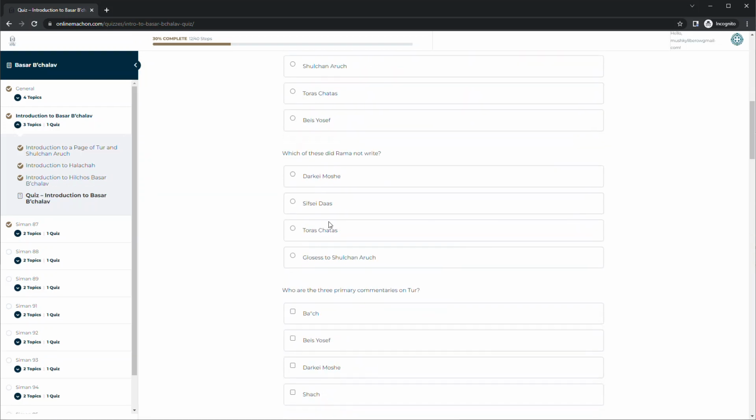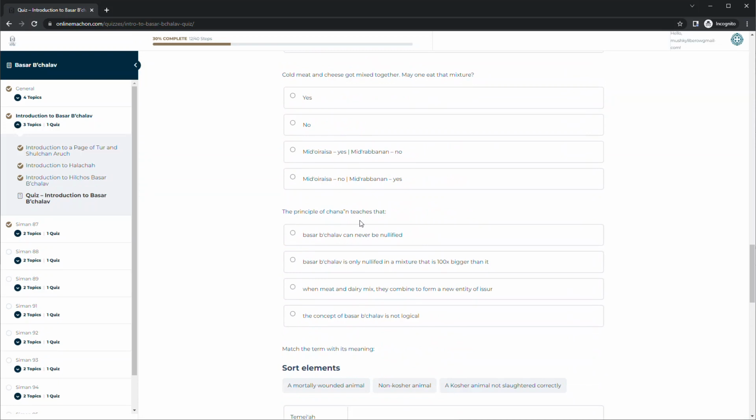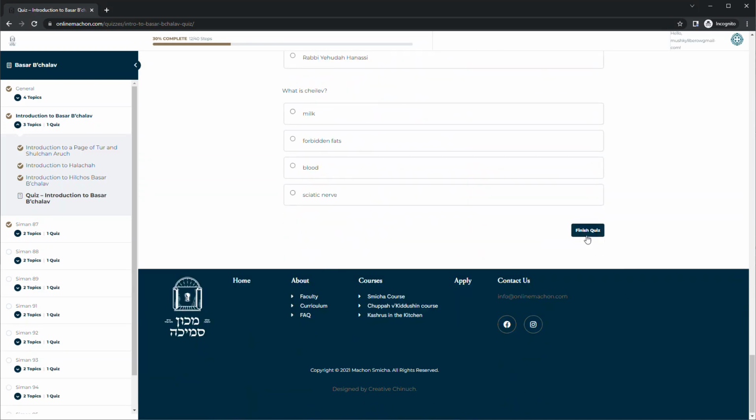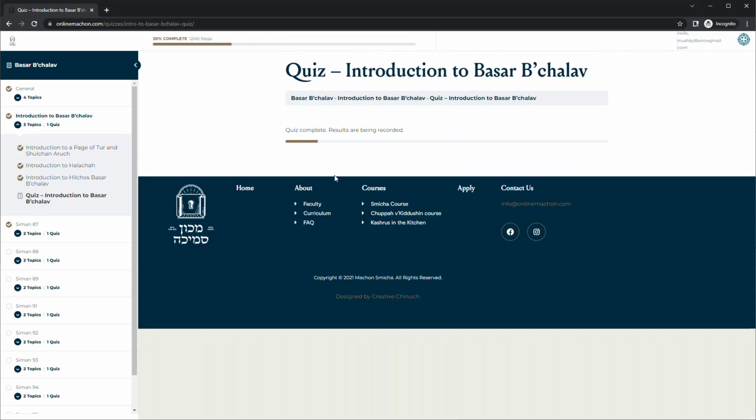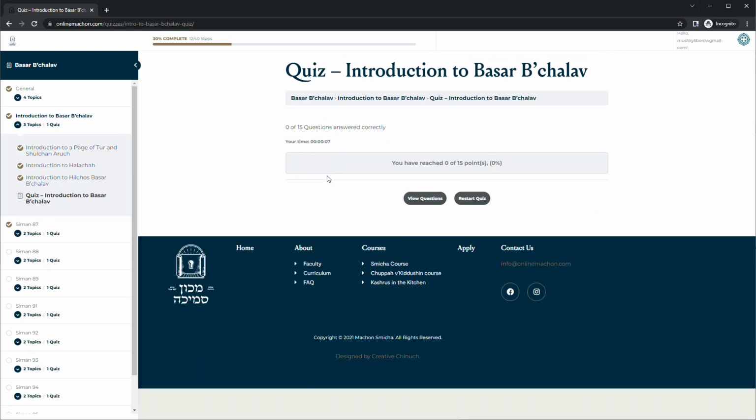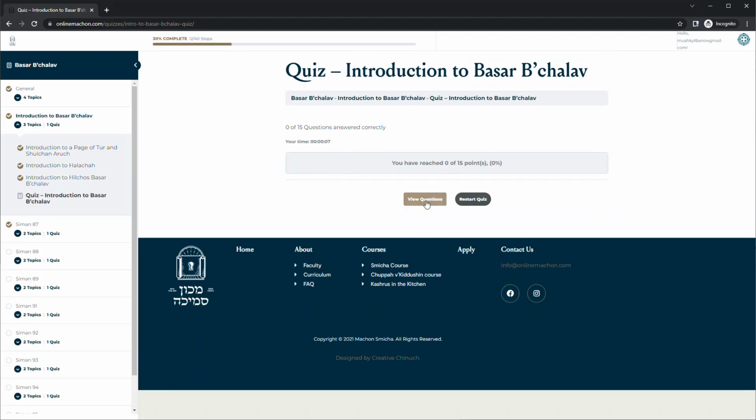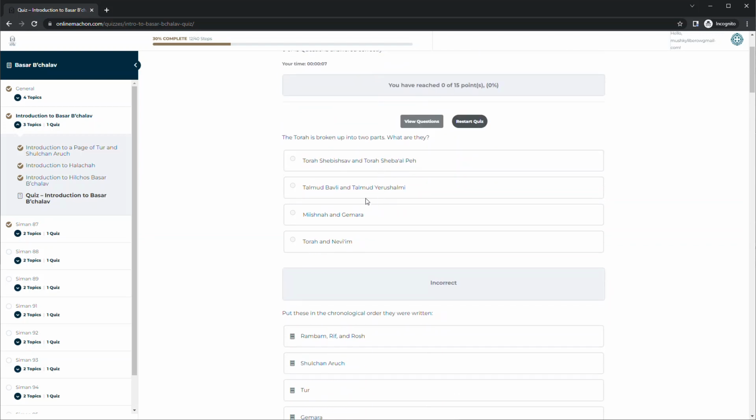This quiz is great because if you go all the way to the bottom, answer your questions and press finish quiz, you'll get instant feedback as to how well you did. I didn't do very well. I got 0. And if you press view questions, this is actually very helpful because every question that you get wrong or right, it'll tell you. So you see here, it says incorrect, but it doesn't tell me which answer is the right one. And that's very important